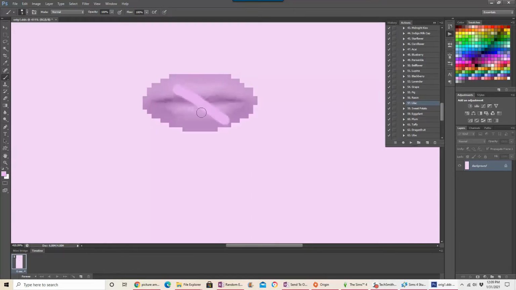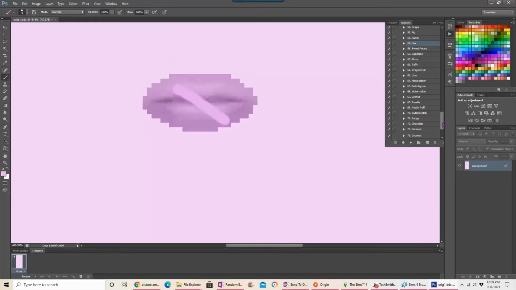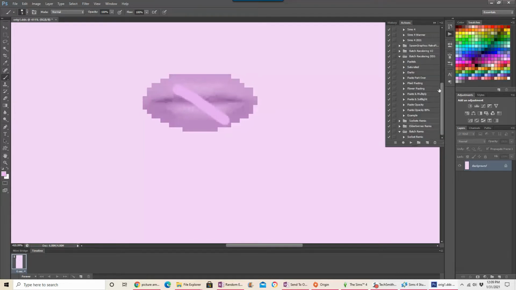I'm gonna go ahead and try out running my batch action on this. And if you don't know what a batch action is, it's basically an action you create for Photoshop. And you do have to create it yourself because it's based off of your folder names and all of that, so it's going to be different for everyone, so you do have to create your own. But I did show you how to do that in one of my previous videos that I'll link up with one of the cards and in the description,